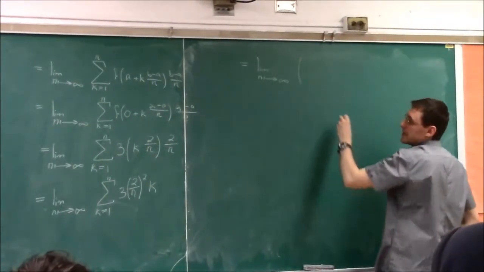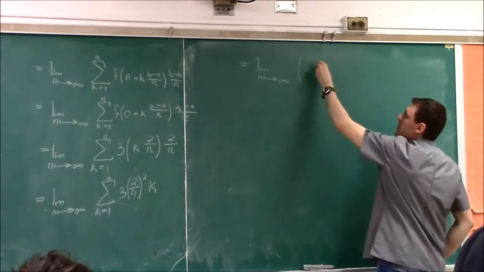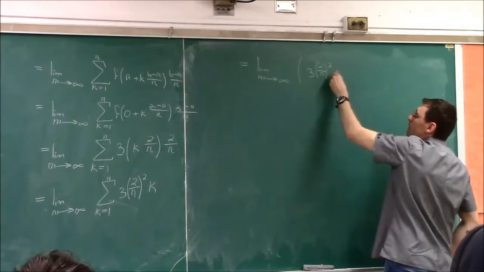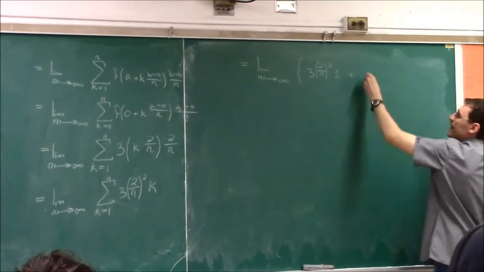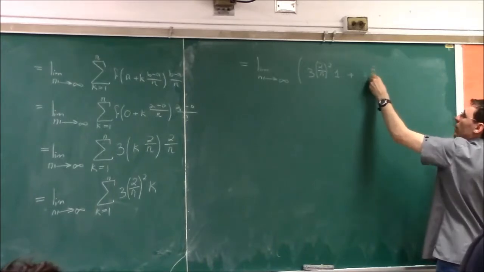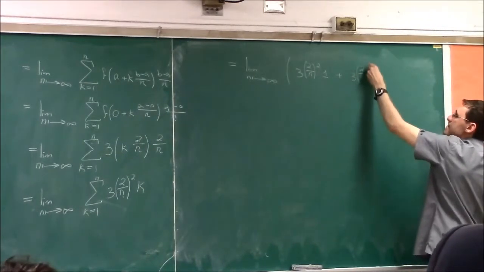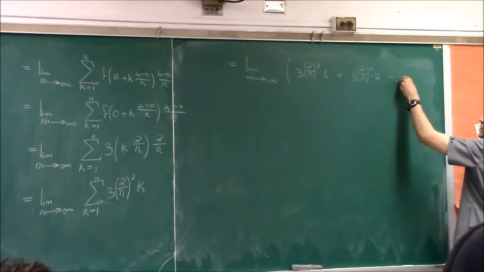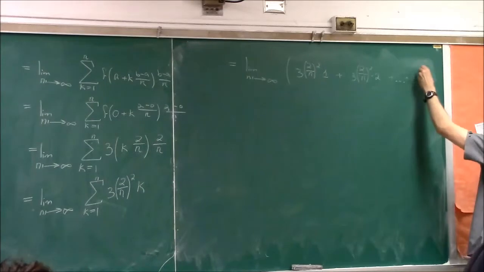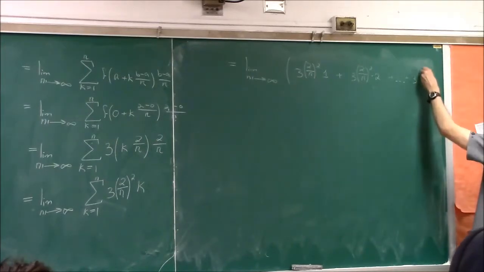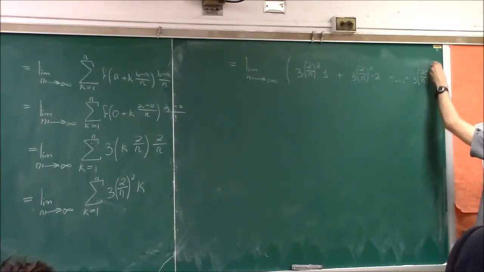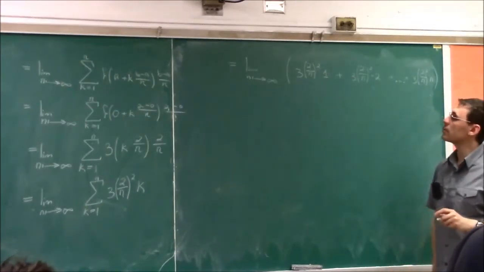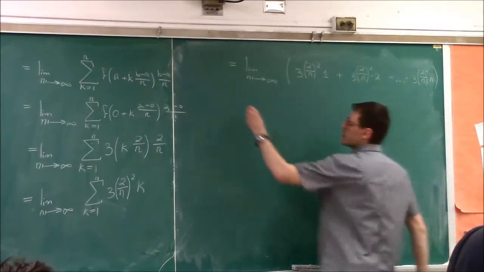If I put it in parentheses, this is 3 times 2 over n squared times 1, plus 3 times 2 over n squared times 2, and so on, 3 times 2 over n squared times n. So you can see that each term in the sum has 3 times 2 over n squared as a factor. So I can write this as